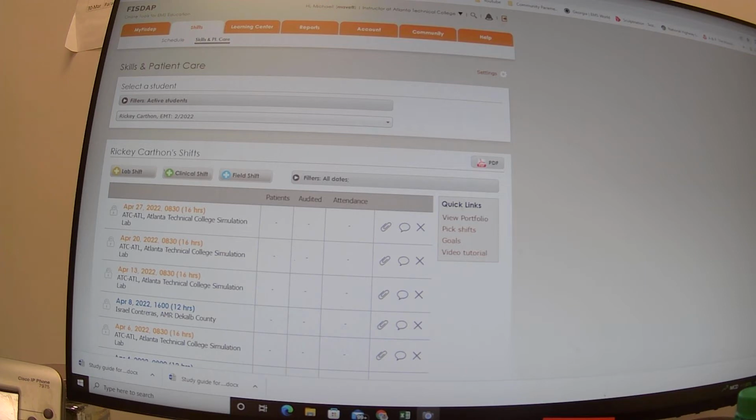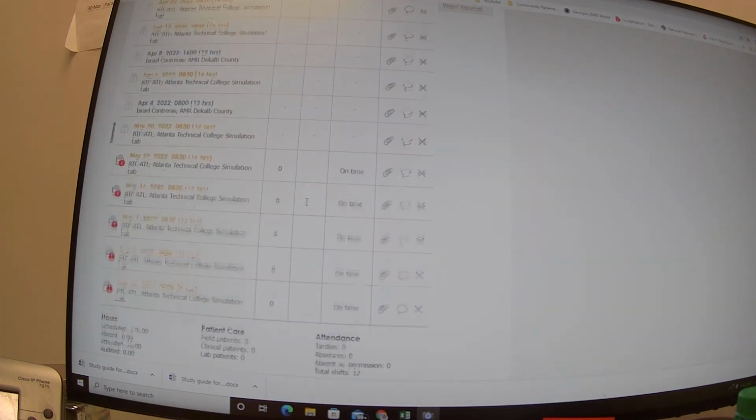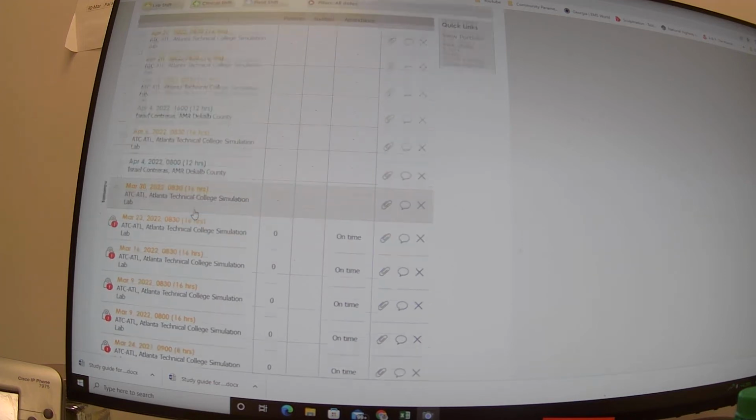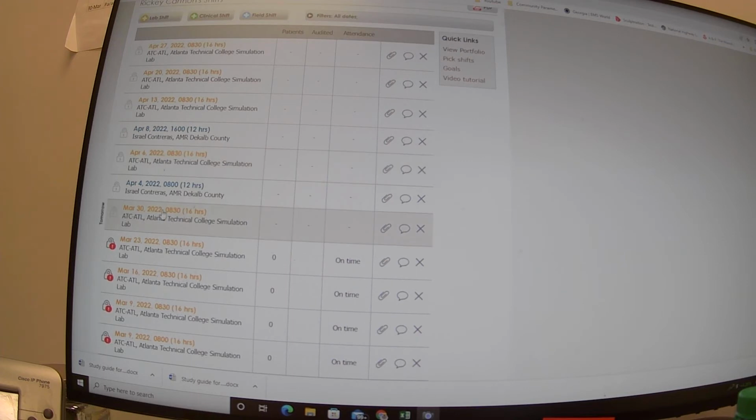Okay. So as you pull up your FISDAP, it'll show your name and all your lab shifts and clinical shifts. Clinical shifts will either be in blue or green, depending on where you go, and your yellowish orange ones here are all lab shifts. So if you go in here, like I said, today we're just going to talk about lab shifts real quick. If you go in here to a lab shift,